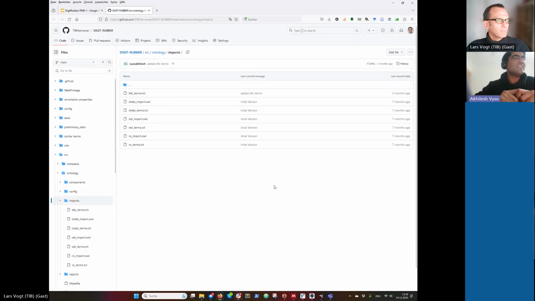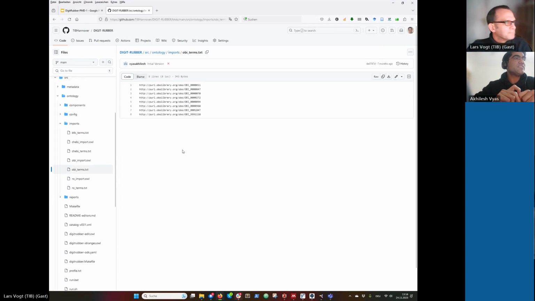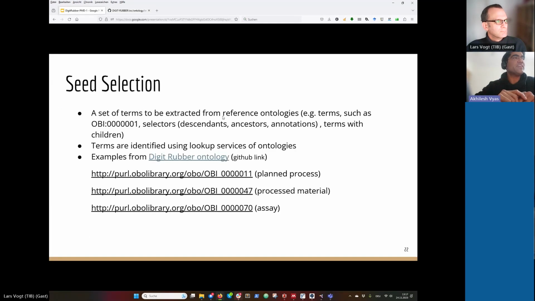Yeah. So here in the text file, we provide all the seeds from the competency questions which already exist in some reference ontology. Maybe you can use obi terms.txt. Lars, you can open it. So here are the seeds actually, which I showed in the example. They have the labels also in my example, but here it is not. So in the next slide, actually,